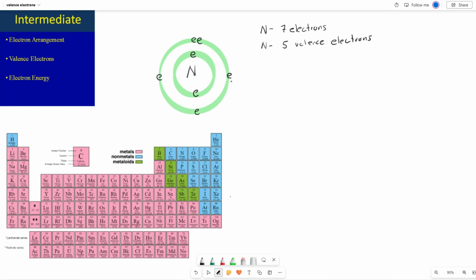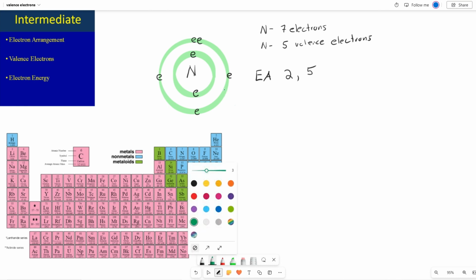Now, how to draw the electron arrangement, we'll just represent that by EA. You just put a number for each number of how many electrons are in each energy level. So the first energy level has 2 electrons, so that'll be a 2, and we put a comma. The second energy level has 5 electrons, so we put a 5. So remember, in the lower energy levels, these are low energy electrons. Then as you get further away, these are high